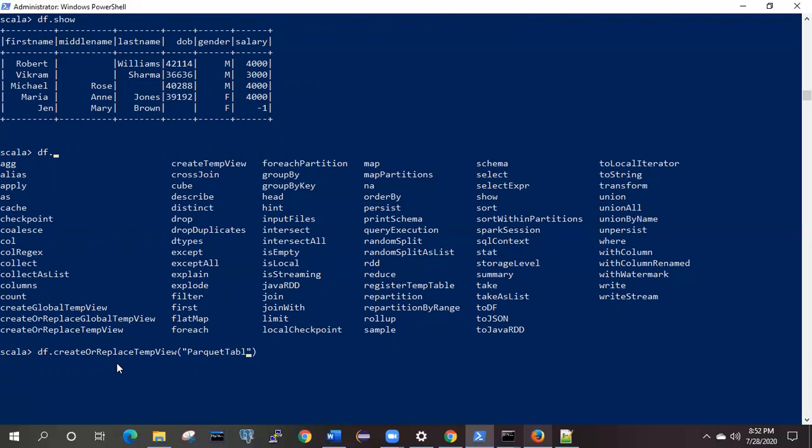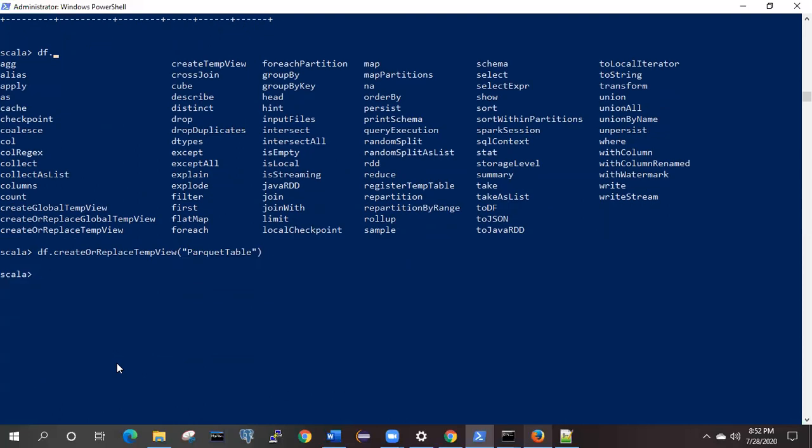You can give a name according to your convenience. Now the parquet table is the temporary view which is going to be created, and it is the table from where we have to read the data, by making use of SQL queries.